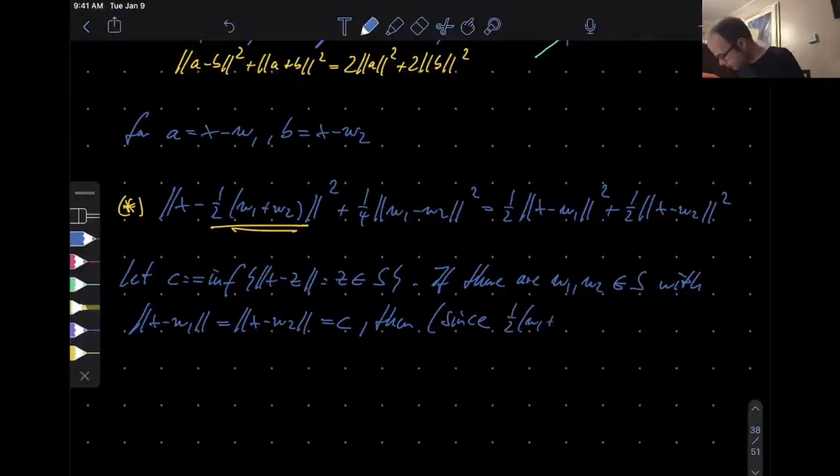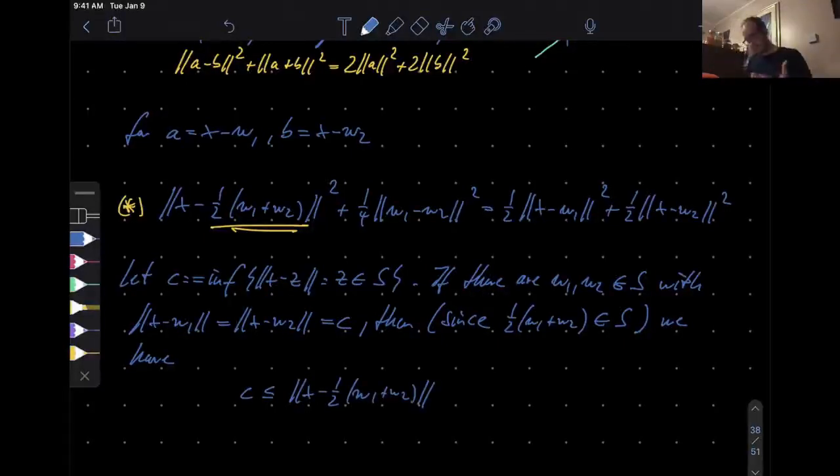So 1/2 (W1 plus W2) is in S by assumption. What do we get? We have on one hand that because C is the minimizer, C is going to be less than or equal to the norm of X minus 1/2